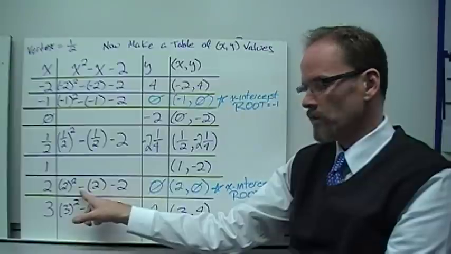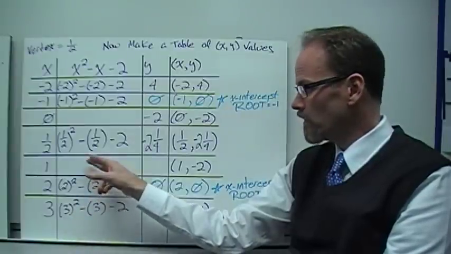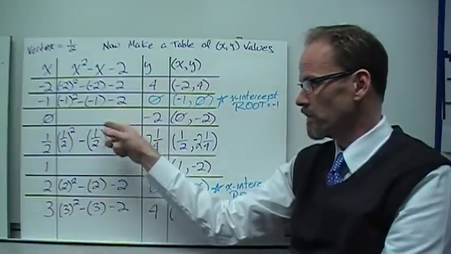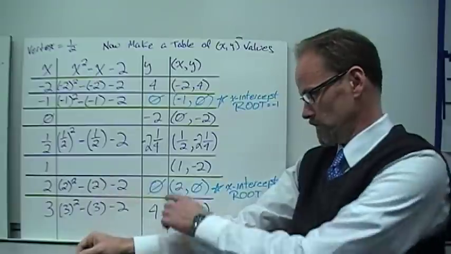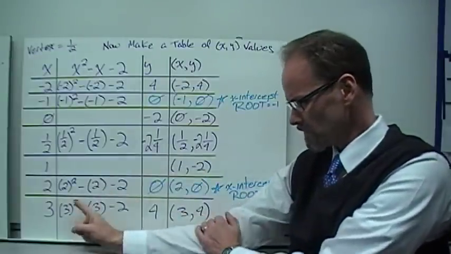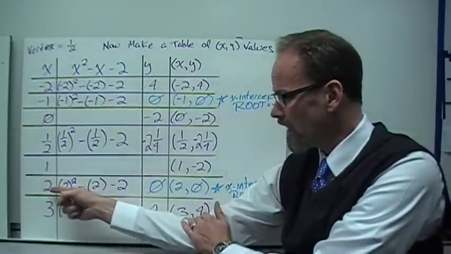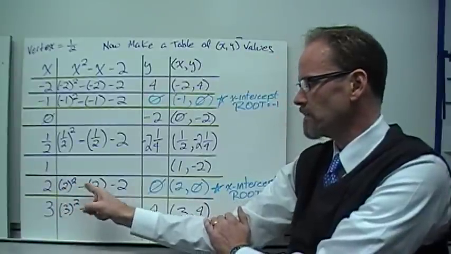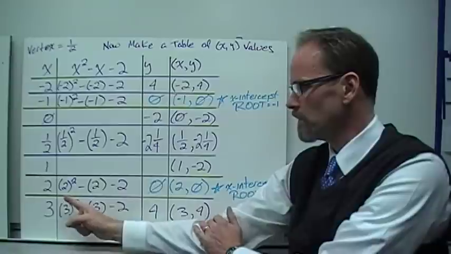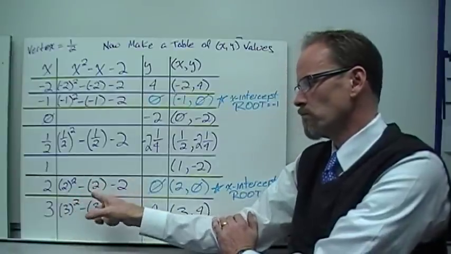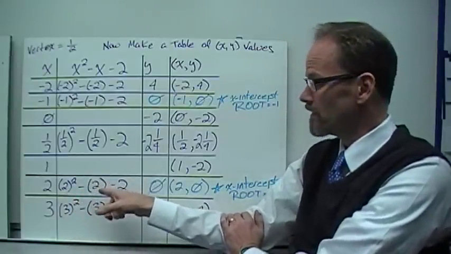The next one that was really relevant in here, I want you to go ahead and do these in your notes so you have the answers there. But obviously I did this one because when I worked it out, 2 squared minus, plug in the 2 there, minus 2, I got 4, minus 2 is 2, and another minus 2,